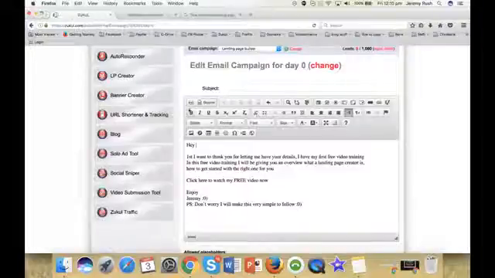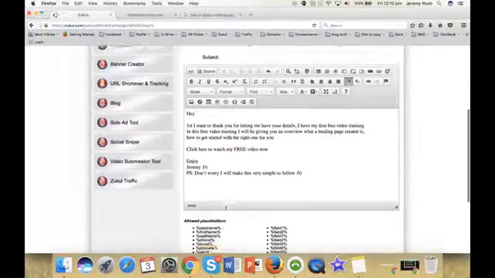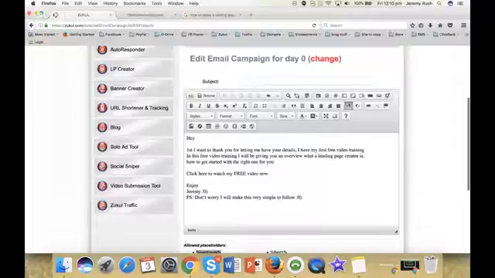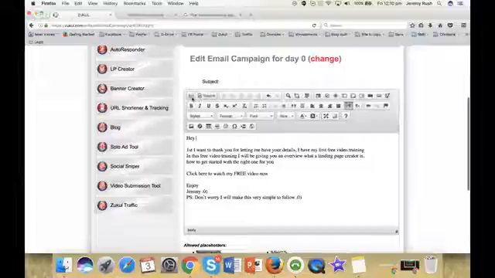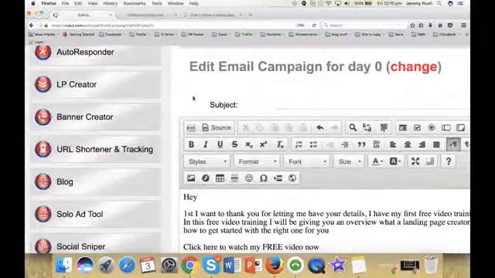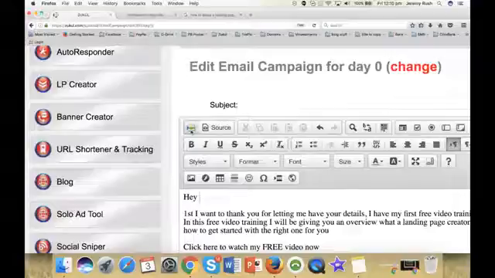So if you come up on the editor here, you can either copy and paste this bit of code here, or just type it in freehand, or you can just come up to, you see it says source there, it just says source. There's a button next to it. There's this little green button with a little blue arrow. I don't know whether you can see that on the left hand side. Let me see if I can make this bigger. There you go. There it is right there. Can you see that? It's there.